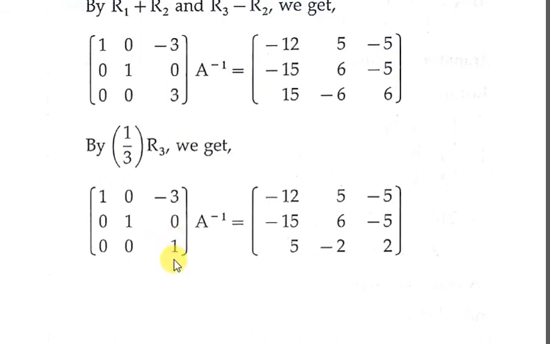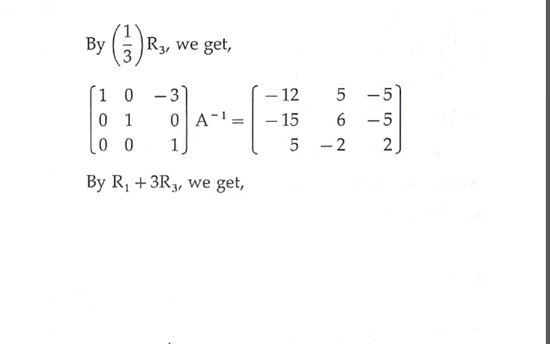We now have to convert the remaining values of the third column into 0. If we check, A23 is already 0. Only A13 remains. So we have to convert the A13 value to 0 by using this fixed 1. That minus 3 will be converted to 0 when we add plus 3. It means we have to multiply this 1 with 3 and add it to this minus 3, and the result will be 0. But this 1 lies in the third row, so we are going to change the first row using the third row.